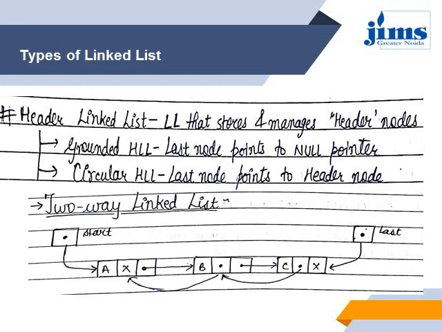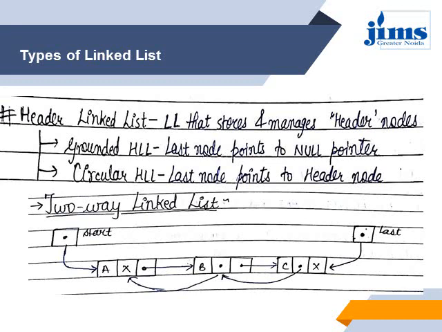Suppose these numbers which I narrated to you are the roll numbers of the students who have secured more than 60% in my class. So I can write "students above 60%" in my header node. This information can be held. So that will be the header node, and the list which contains a header will be known as a header list. Now this header linked list can be of two types. One is the grounded and the other is the circular list.